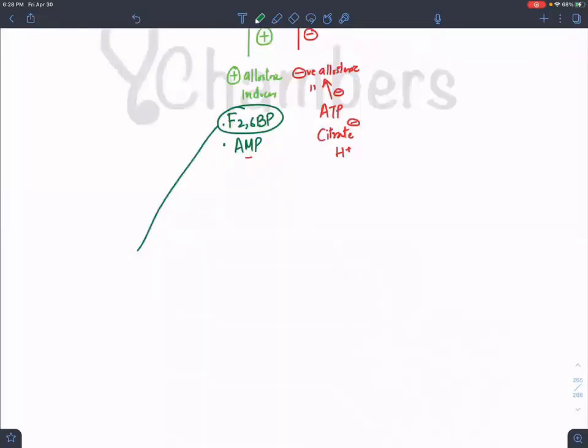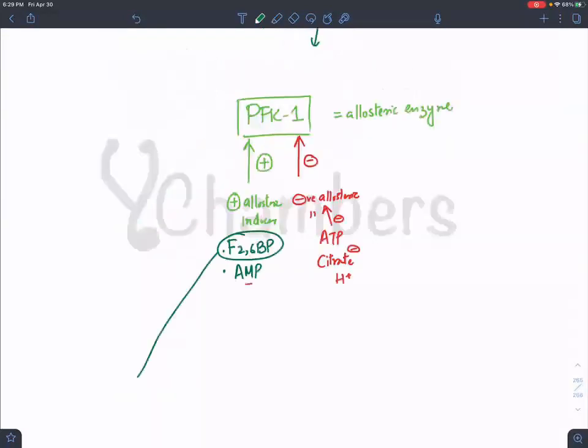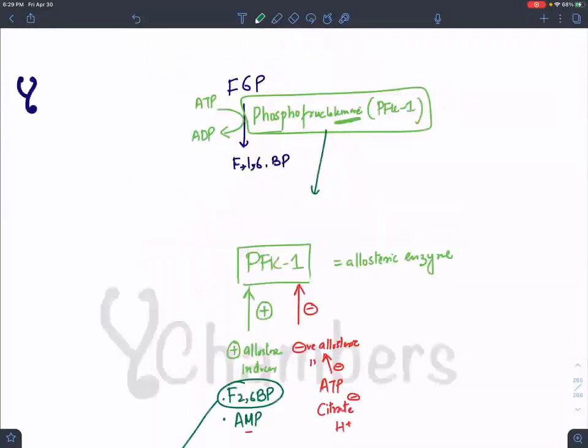Now I am telling you how F26BP is made. Basically, F26BP is always present in the cytosol. It is produced by some F6P molecules. There are some biomolecules present in the cytoplasm which are getting converted to fructose 2,6 bisphosphate. And we said fructose 2,6 bisphosphate is itself an inducer of PFK, which is converting fructose 6-phosphate into fructose 1,6 bisphosphate, isn't it? Guys, that's what I taught you above. If you want to convert fructose 6-phosphate to fructose 1,6 bisphosphate, phosphofructokinase 1 is going to do that with the use of an ATP molecule.